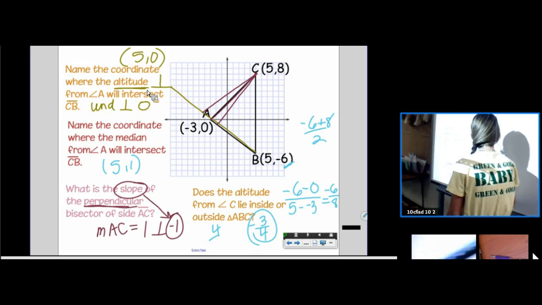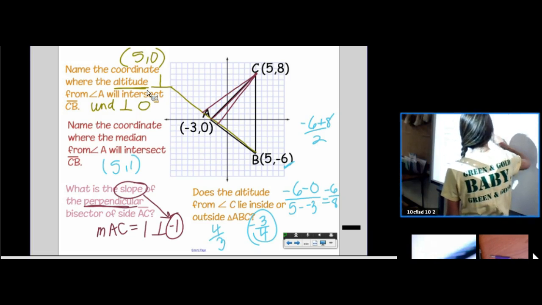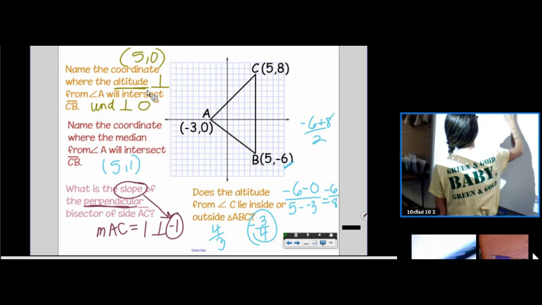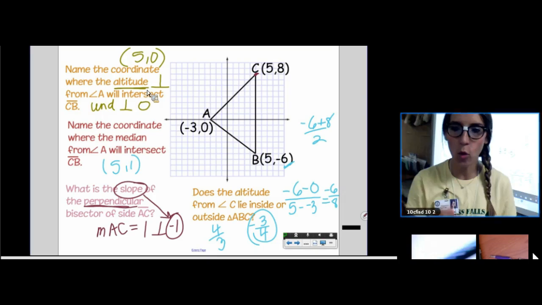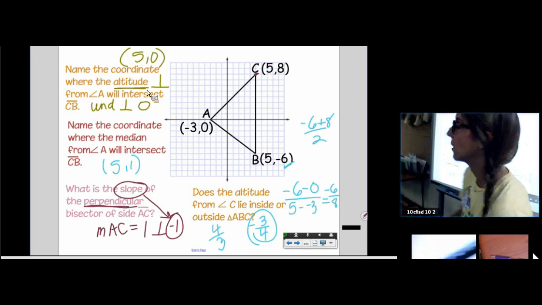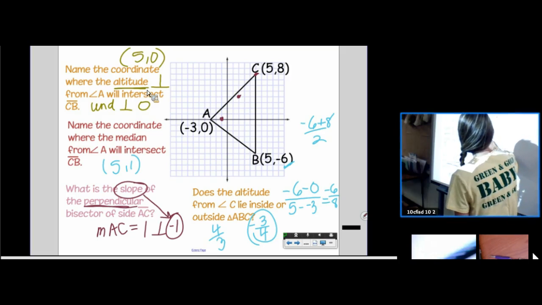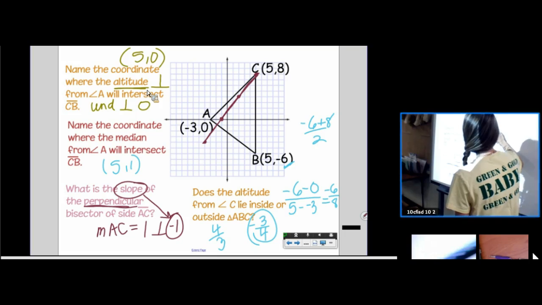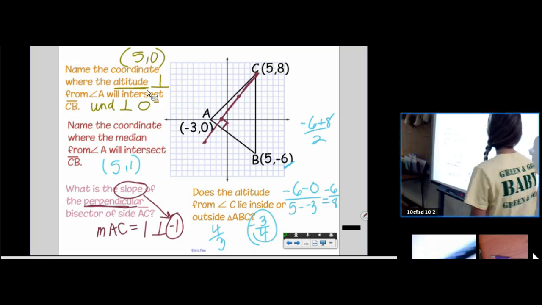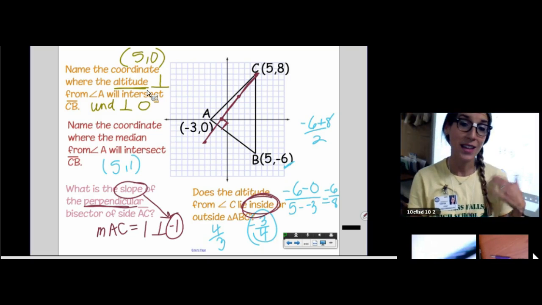4/3. We want to start at angle C, at point C. We want to just start traveling 4/3 and see where we land. Here we go. Down 4, 1, 2, 3, 4, over 3, 1, 2, 3. Oh, we're not there yet. Oh, I see where this is going. So although I do not know the exact intersection, can't tell if it's perfect or not, I can now answer the question that it will lie inside the triangle. And we achieved that using